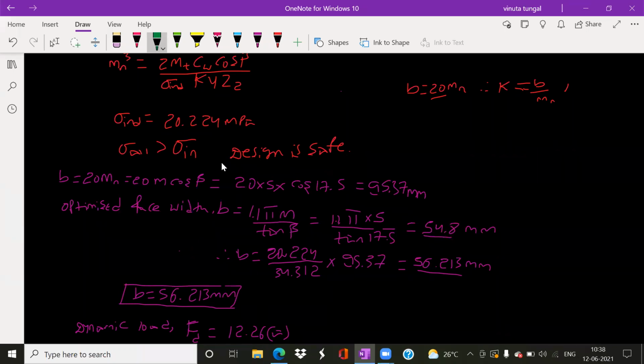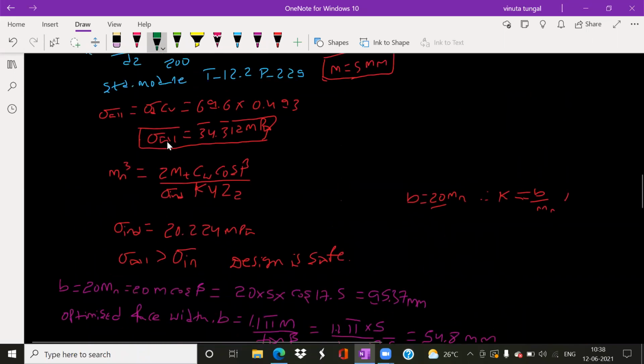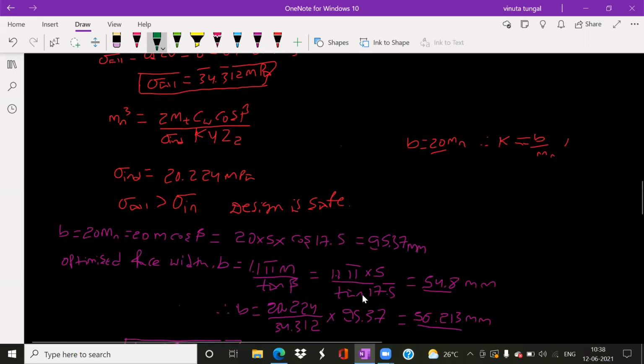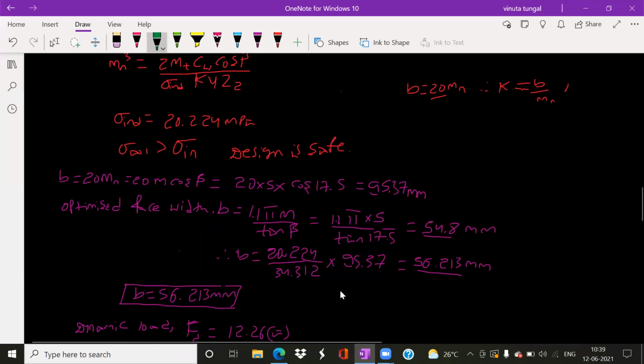But while calculating the induced and the allowable stress, from this also, whatever the greater value is there, that has to be considered. If one value is getting it as 56 or the optimized value as 54.8, if you select the lesser value, you will not be designing for the best. Whatever is available, for that you are designing. But if you see the B value from the allowable stress as well as the induced stress, the face width you should have 56, but you have selected 54. For that reason, you have to select the larger one.